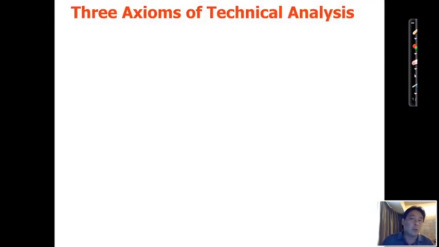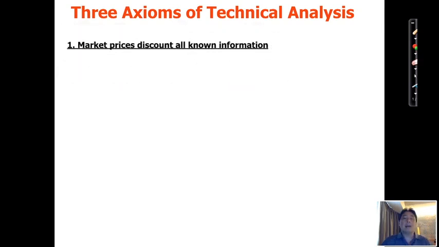So there are three axioms to understanding technical analysis and why it works to generate high probability trades. The first is to understand that the market discounts all known information, right? So that's another reason why, to me, it's a waste of time reading all kinds of news that the US is going to increase interest rates. There's a North Korean crisis. There's a European debt crisis, right? There's no point reading all these things because whatever you read and know, everyone has read and known. And all known information is really priced into the market, right? So there's nothing you can read that can give you an edge over the market because the market is the leading indicator of all this information.